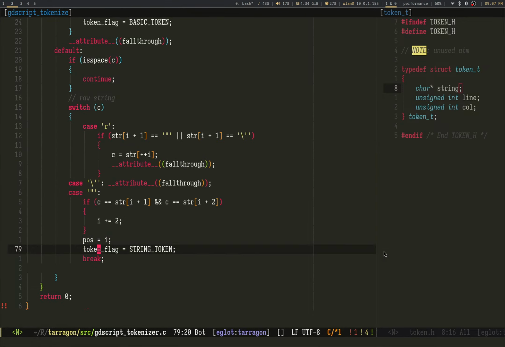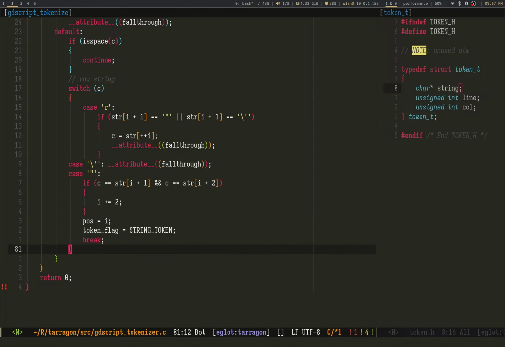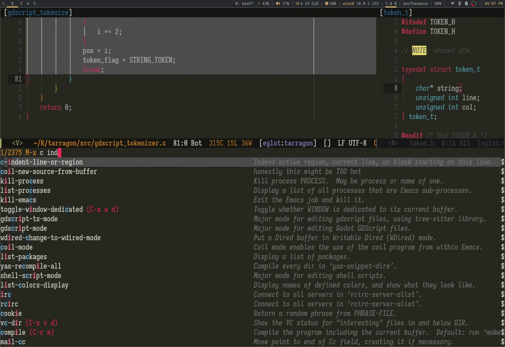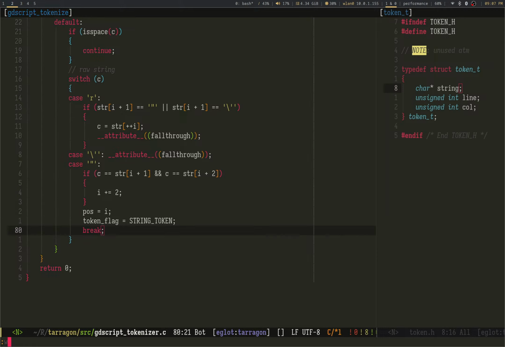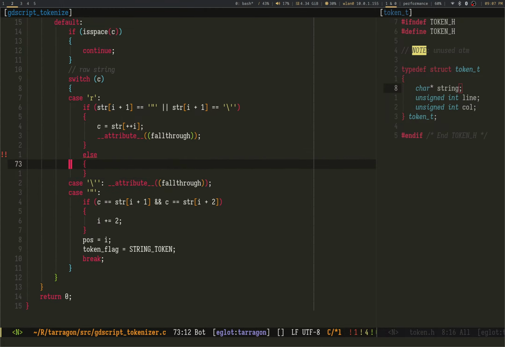Let's see if I can auto indent all this. Oh, I'm missing a curly brace. Auto indent, please. Please format my code for me because I didn't. Look at this, folks. We love following through here, folks. Else break. Else, we just slam in this break. This is going to be an error.